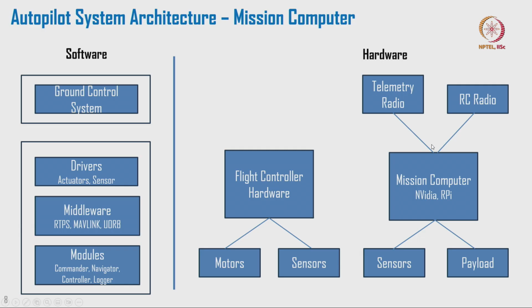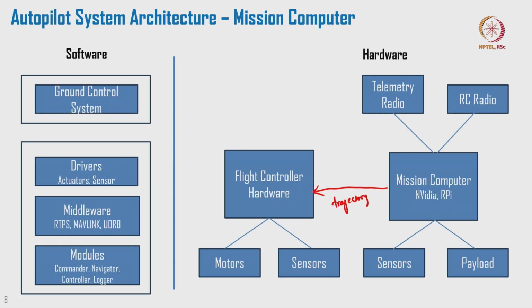Your mission computer commands your flight controller what you want, right? If I see an obstacle through a sensor, let's say a camera seeing an obstacle which is moving at 2 meters per second, potentially I can collide with it if I continue on the same trajectory. Your mission computer generates a change in trajectory. The new trajectory, right,